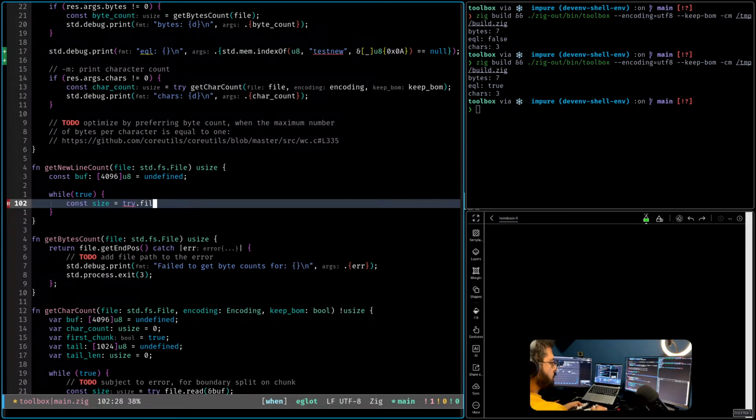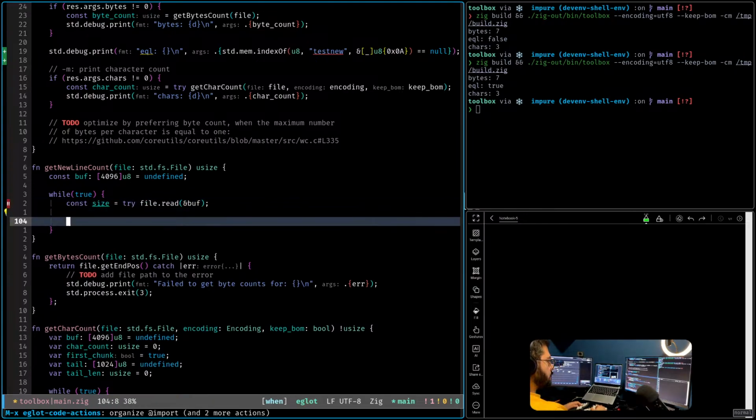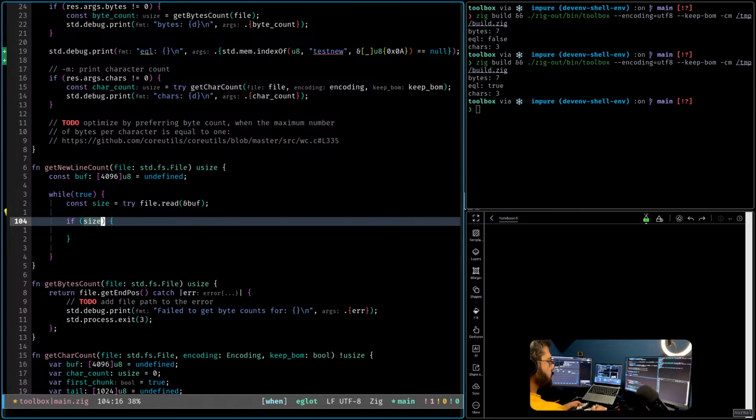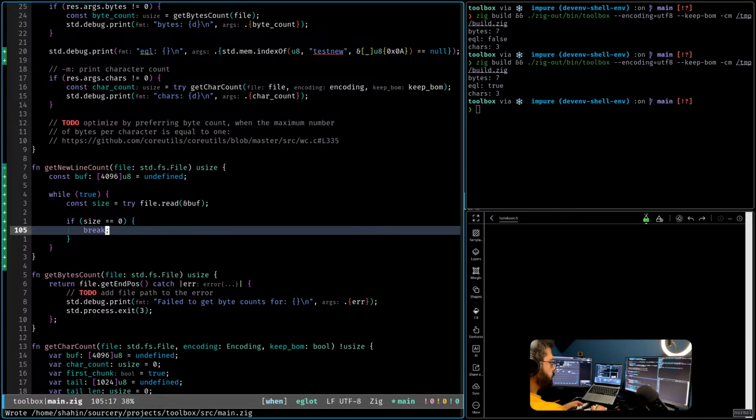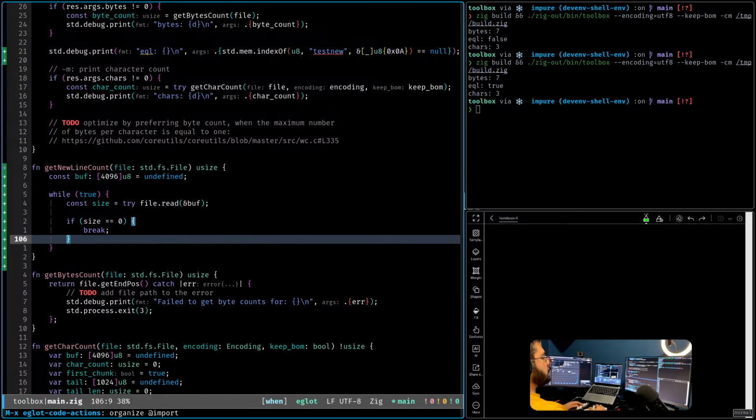Yeah. And if size equal to 0, and yeah, and then